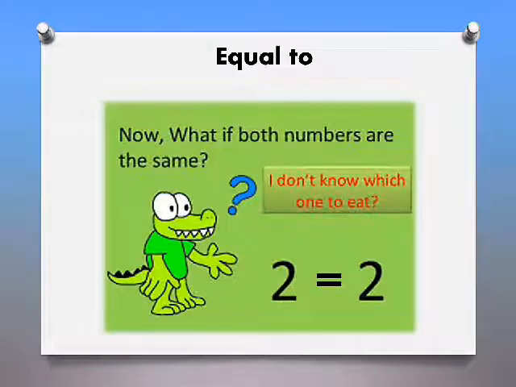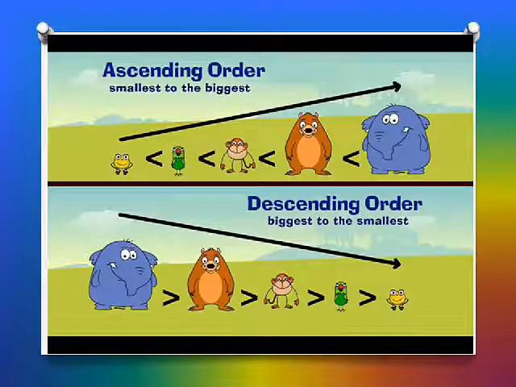Before the comparison of numbers, we must know about the biggest number and smallest number. Am I right, children? Yes, similarly, you must know about ascending order and descending order, isn't it? Because you already learned in first standard about ascending order, descending order, biggest number, smallest number, bigger number, smaller number, isn't it, children? Yes, here the picture simply explains the descending order and ascending order.